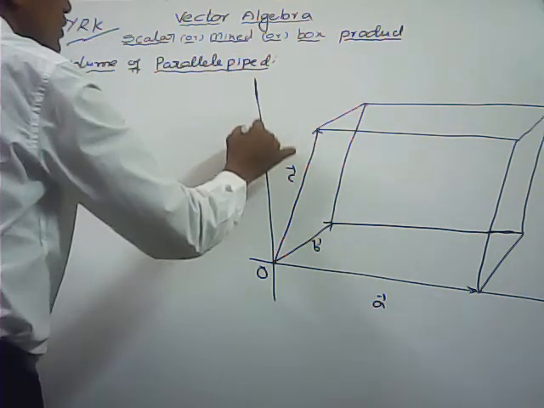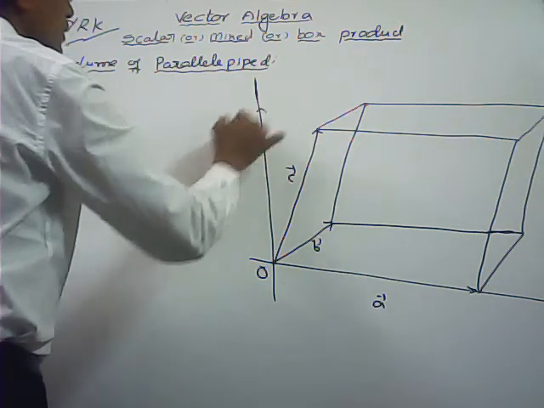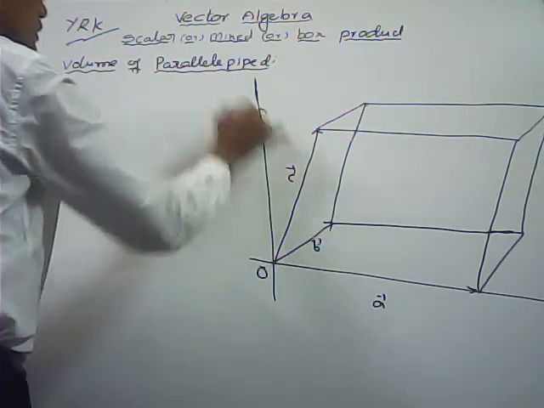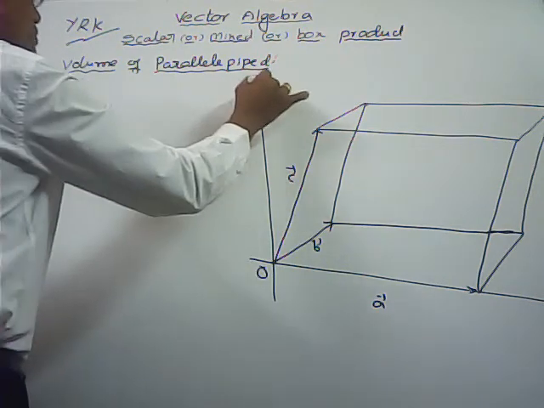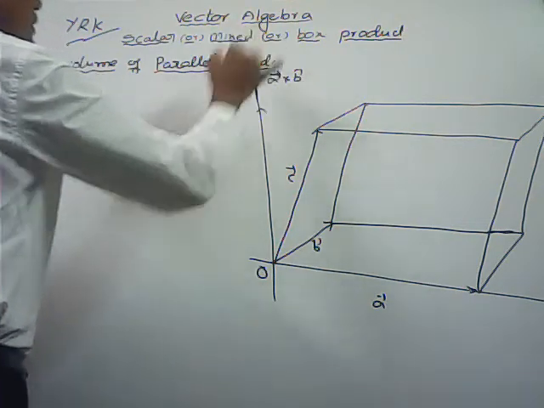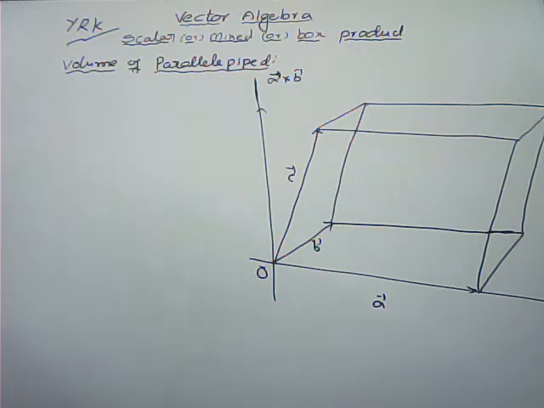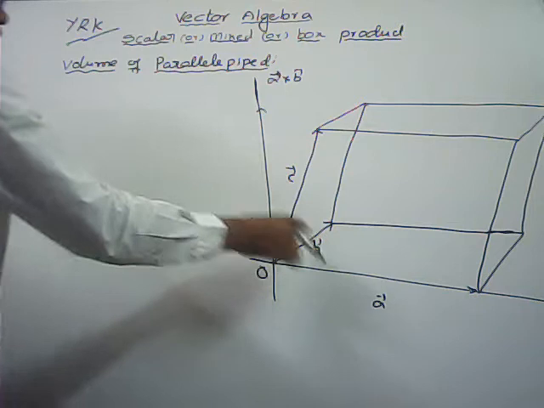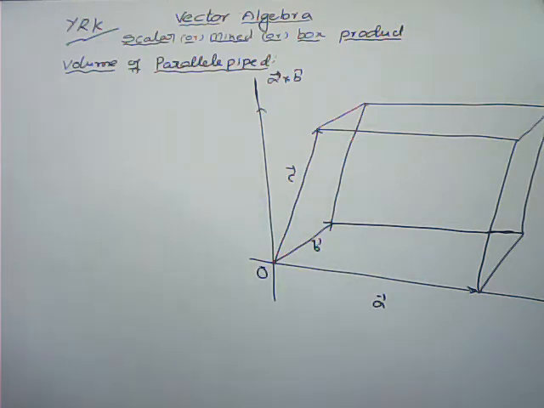This is the vector perpendicular to both A bar, the plane containing A bar comma B bar. So here this is the A bar cross B bar, or this is the vector parallel to A bar cross B bar, for some lambda also we can take. This is the vector perpendicular to both A bar comma B bar, that is A bar cross B bar.